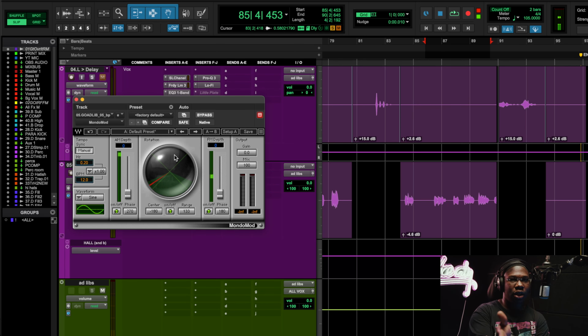So EQ and compression can push stuff back. But just because you were in front of me and I pushed you back with my hands, that don't mean that you behind me. You feel me? So that's two very different things. I rolled off a little low end, it sent something a little bit back, right? I took the transient off of a vocal or kick, you know, a fast attack, it kind of pushed it back a little bit. But just because I push you back, that don't mean you behind me. You feel me? So that's why the MonoMod is really dope,